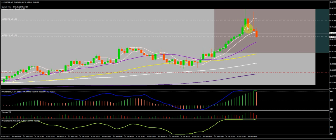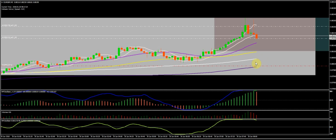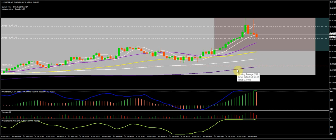Just seeing some interesting price candles up here, and we can see some volumes come in as well. So we've got a short in on here with two exits, so two target prices. First exit's just down here, which is just above this 200 moving average. Now